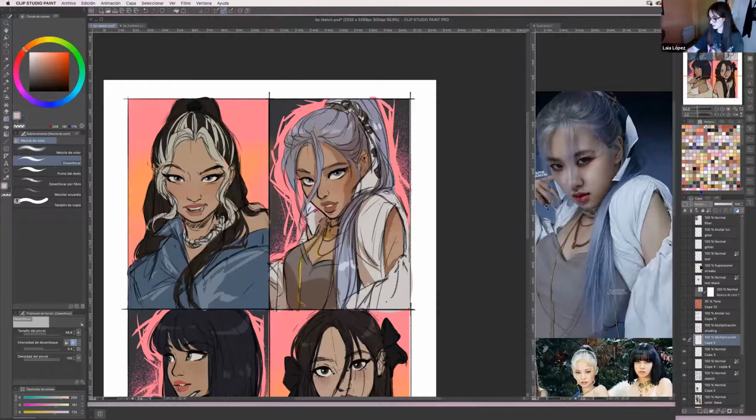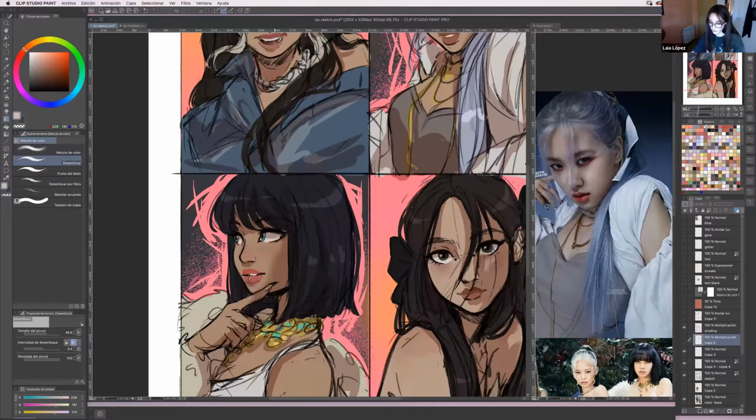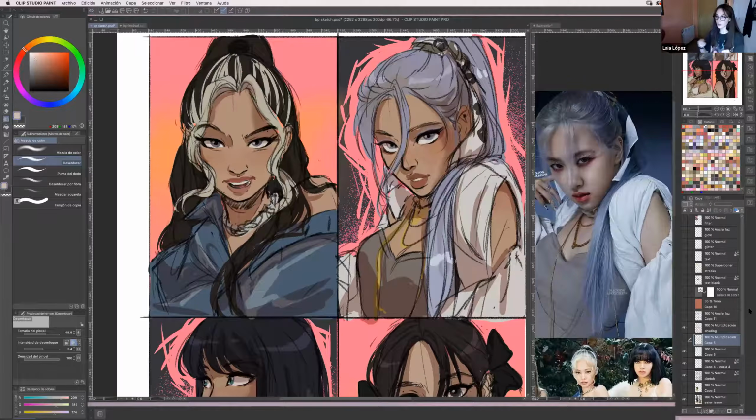And let me show you the whole thing. This is what I did later for all of them. As you can see, I did the same for Lisa's cheek. I blurred her shading a little bit, same for Jenny's. All right, honestly, this is it when it comes to my coloring process. I always do color-based shading, and that's it. And the sketch is on top. Everything is under the sketch layer.